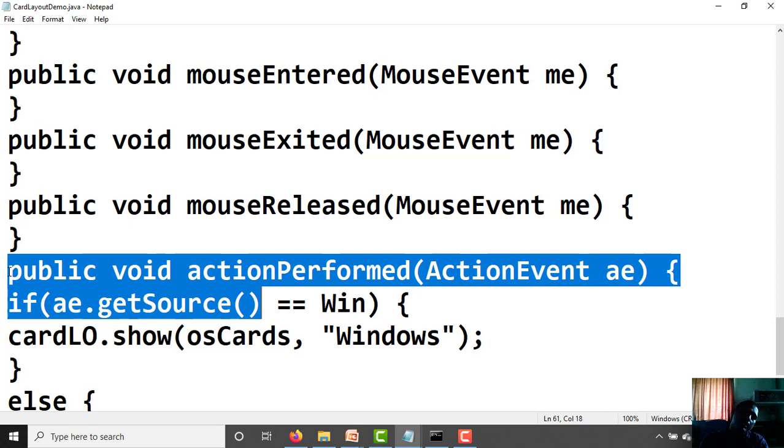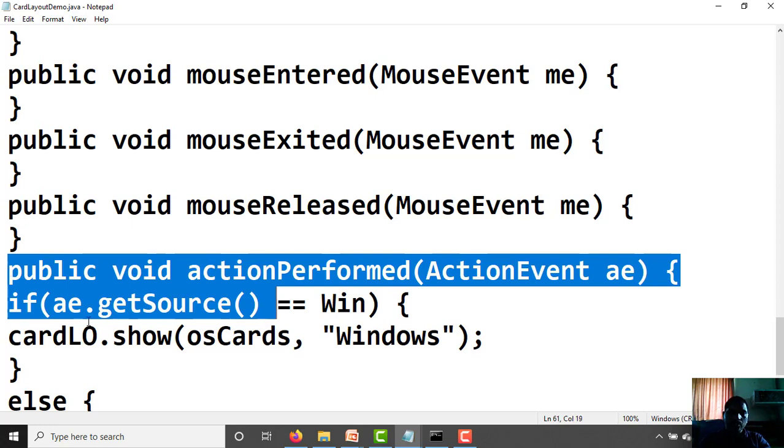So whenever we click on any button, it returns the button's object. Then if ae.getSource() == win, this is the object, then open curly bracket cardLO.show(osCards, "Windows"), the card named Windows. From the OS cards, show the card Windows, like this syntax.